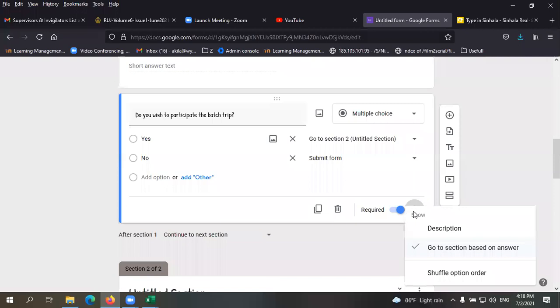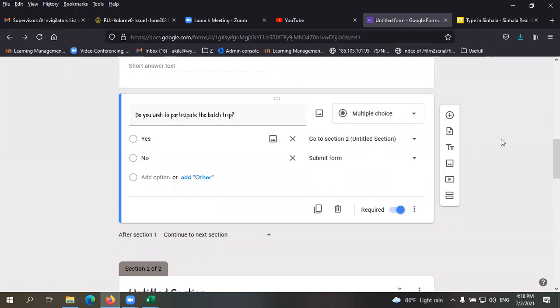From here, go to section based on answer, then you can select depending on the question which section it should display. If we had another option here, it will allow you to choose another selection. So if you have multiple sections, you can select which section should be displayed according to the answer given by the user, the respondent.